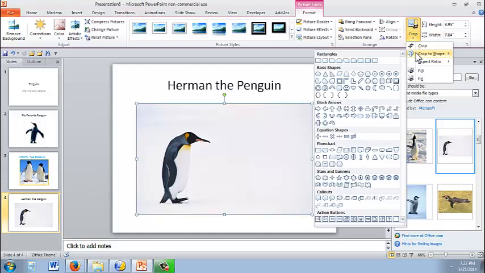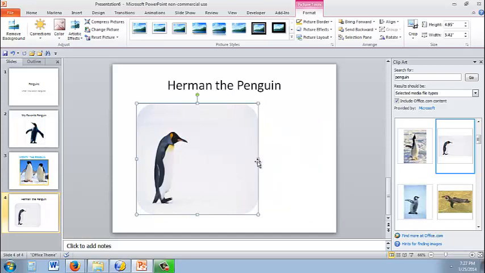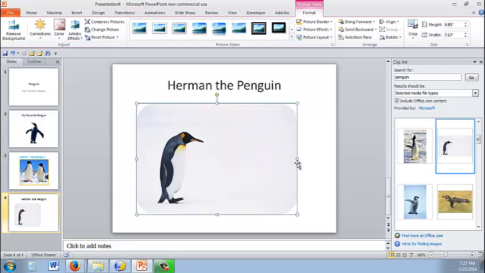So let's go ahead and crop him to an oval. So now I'm going to want to draw his edges in. When I draw his edges in, that is actually making the picture smaller. So if we put him back where he was,